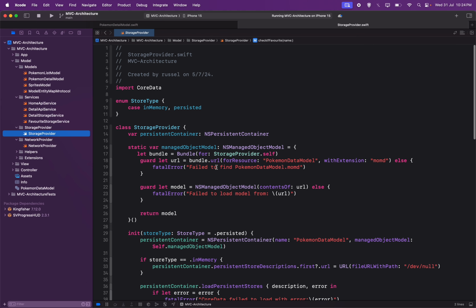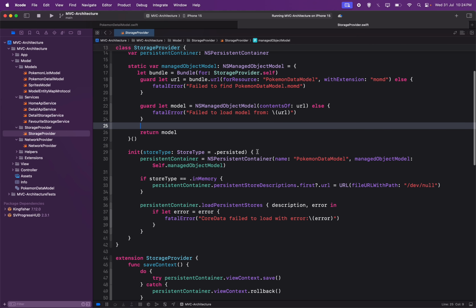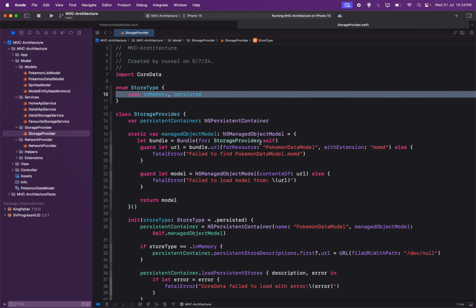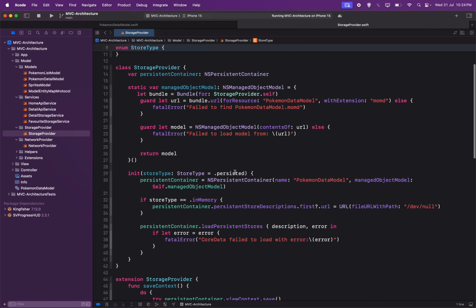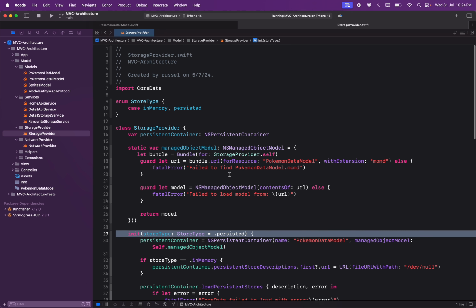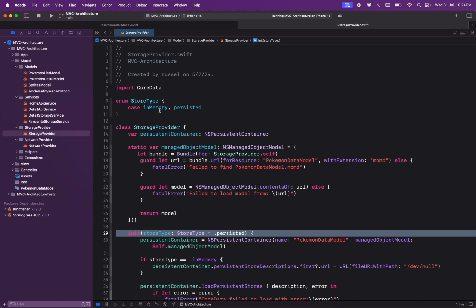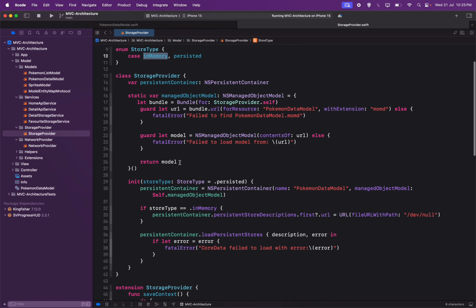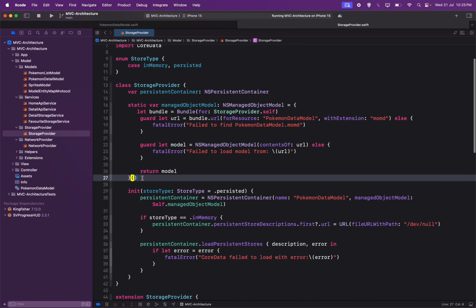And one more thing I have to mention: the storage provider has two types. One is in memory, another is persisted. And by default, it is persisted. But when we test Core Data, we are going to use the in-memory storage type. So that's why the storage type is like this. And the managed object model,